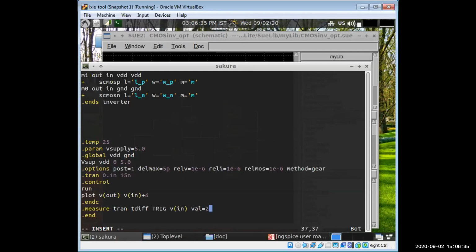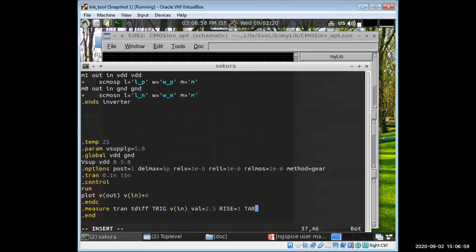The value we have to give is 2.5, because we are to do 50%, so 50% of 5 volts. Then after value, do rise equals 1, because trig is actually written for the rise only. So that's why rise equals 1.